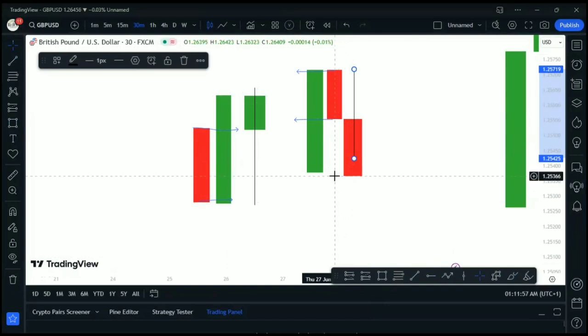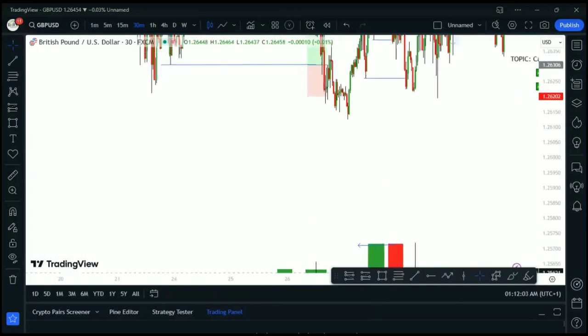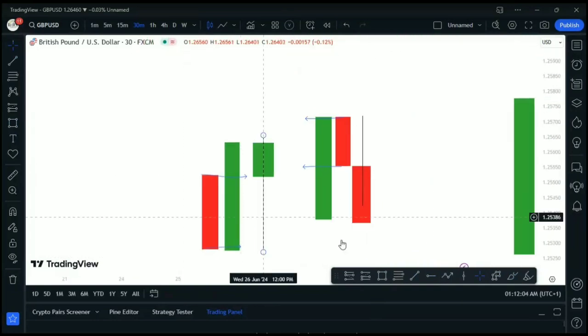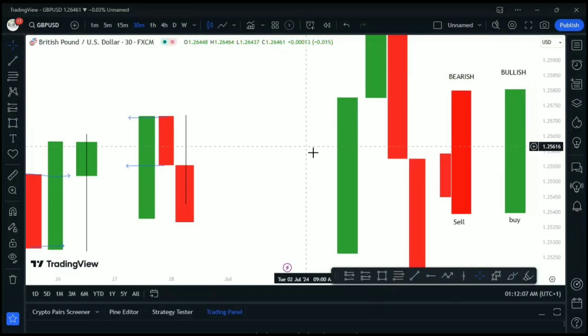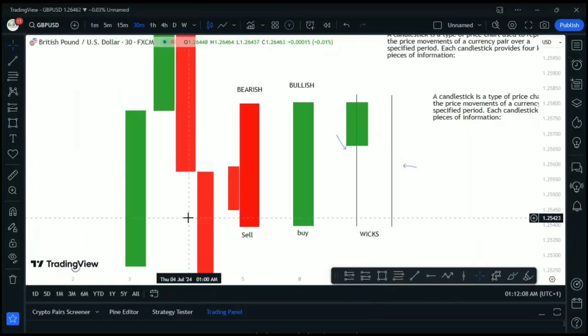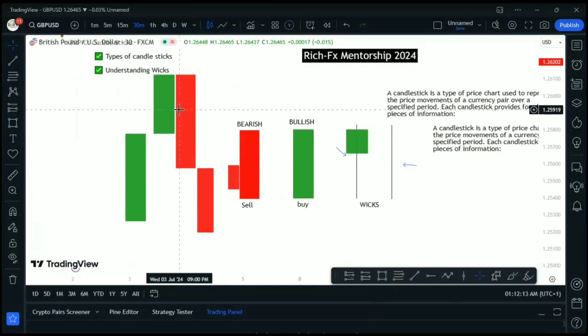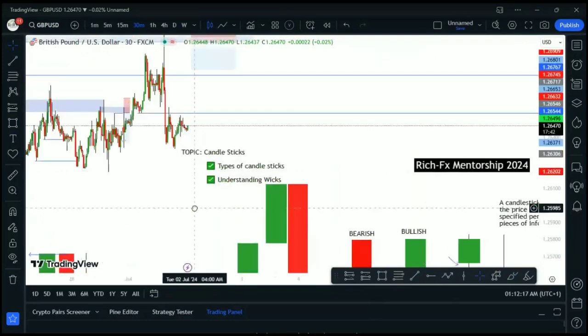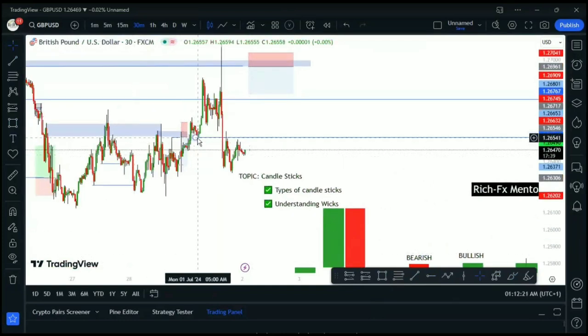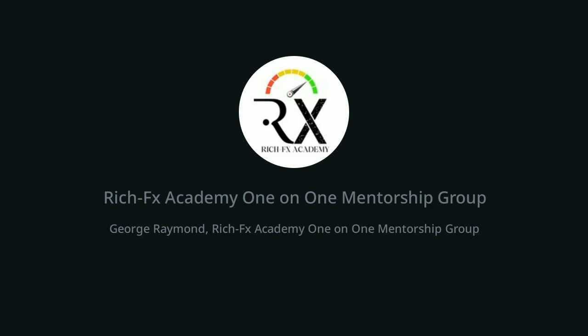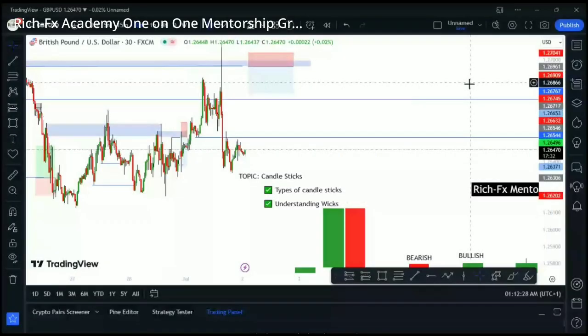So basically, that is it for candlesticks. That is all you need to understand. This aspect is not really necessary, but I just decided to put it in. But all these other things we discussed, we should understand the wicks and all of that. So go back to your charts, look for those things there, and basically just study. Just study, and in time you'll be able to understand everything on the chart.